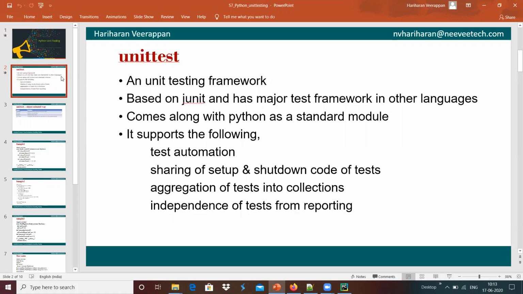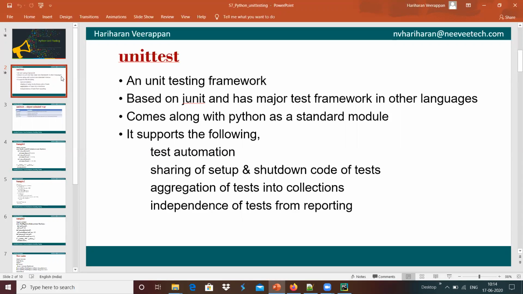For example, we need not install anything like pip3 install. Once we install Python into the system, this unittest module will be available inside Python itself, similar to modules like os and sys.